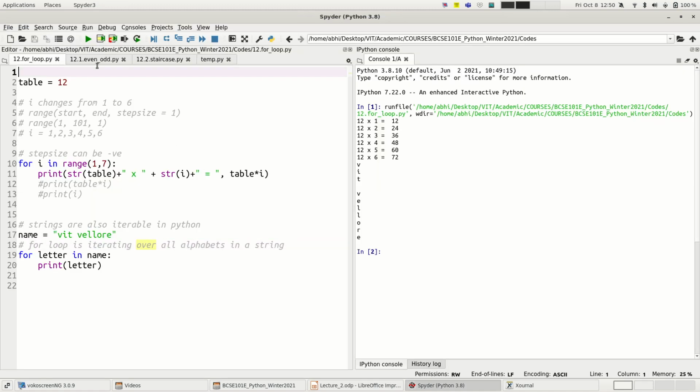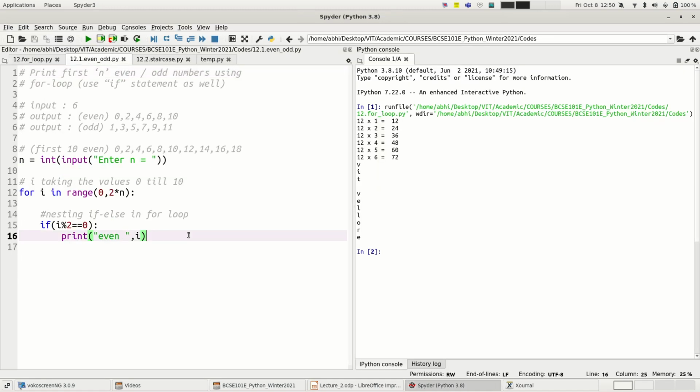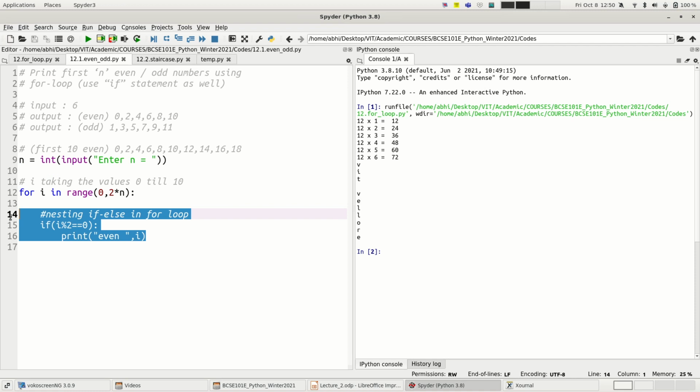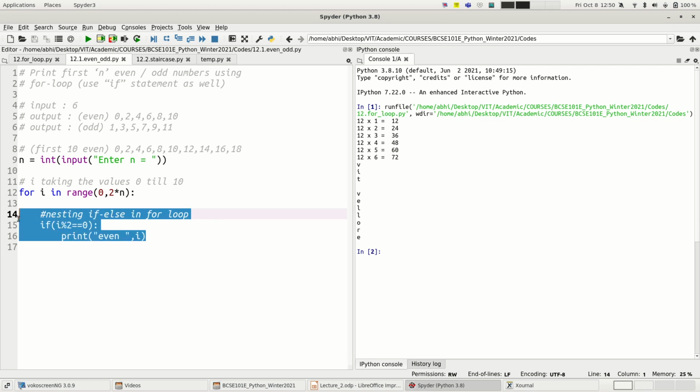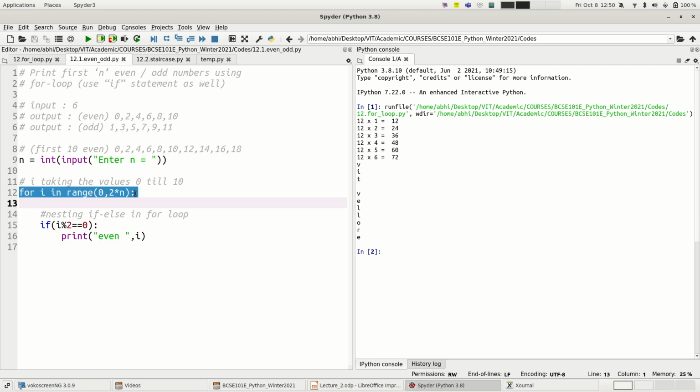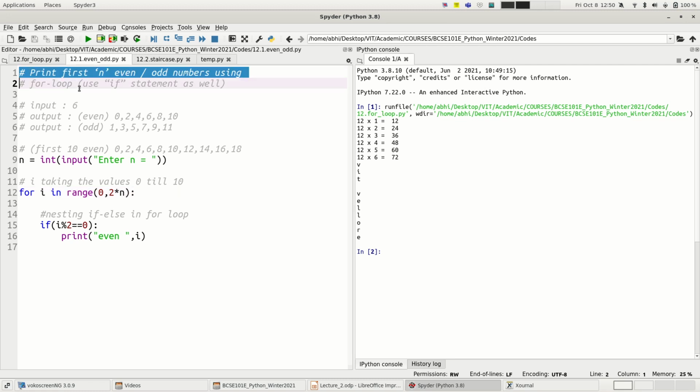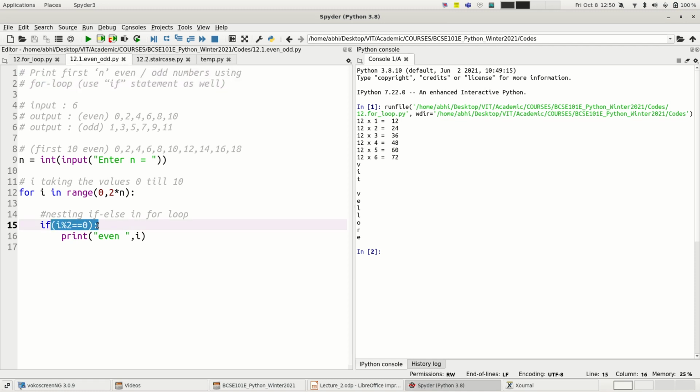And we have also seen one problem where we have nested an if-else inside a loop. Okay, here we have just taken the if decision, a singular decision, but we can extend the same logic to if-else, or even if-elif-else, and we have embedded or nested this under this for loop. Okay, we have seen how we can generate or print the first n even or odd numbers based on this condition.